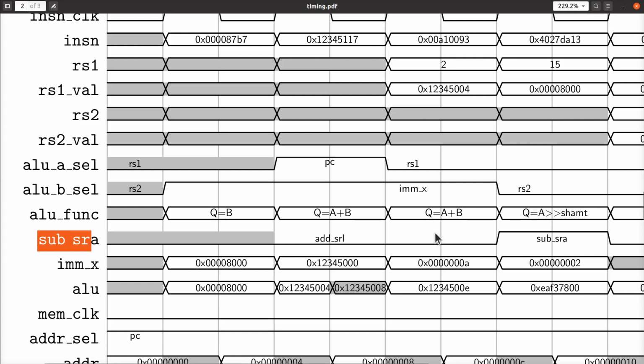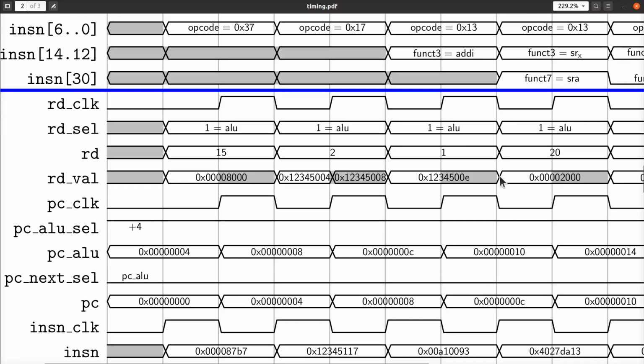So then what happens here? We're doing an A plus B. That means we're adding RS1 plus IMMX. The output of the ALU is obviously then going to be the sum, right? We're adding 10 to whatever the, 1, 2, 3, 4, 5, what was it, 04, right? That's the current value of register 2. This is the immediate value after it's been sign extended. The sum is this. That value there will propagate up and through the RD value bus